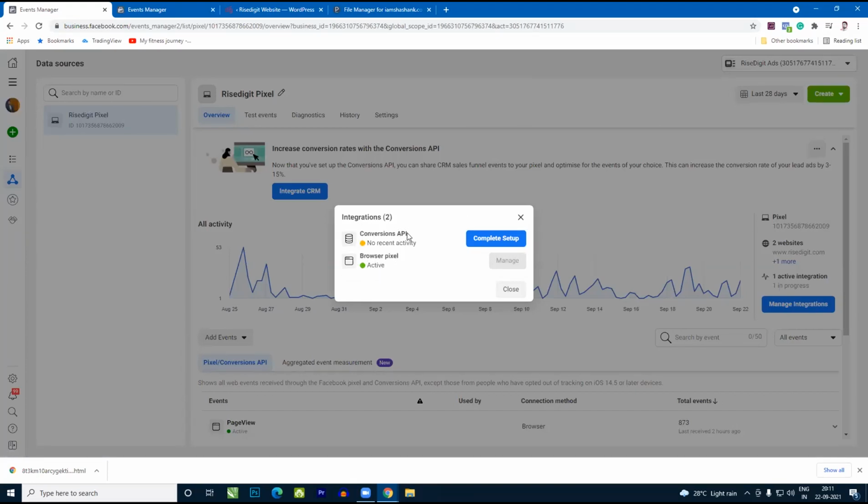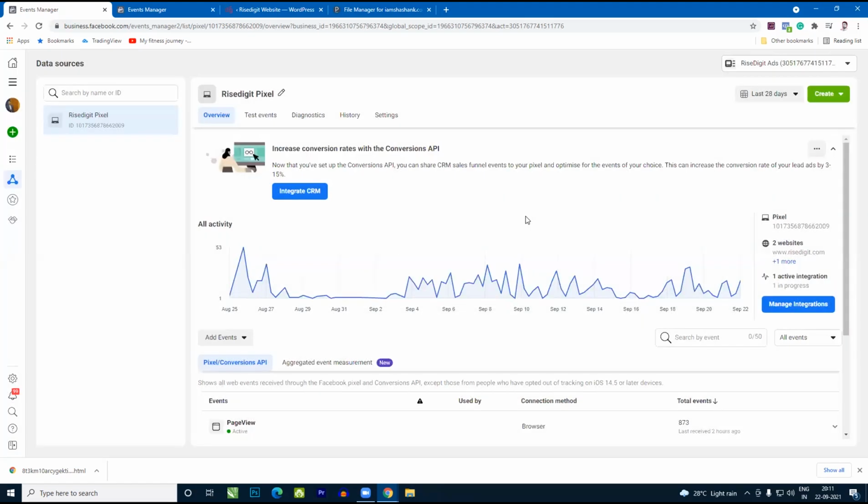I decided to do the conversion API thing as well, but later on I figured out that this is something which is not for me because this is being done from the developer. And if I have a custom coded website, I need to go with this conversion API setup here directly. So we don't have to worry about this thing at all. And this is how your whole complete pixel setup is being done.